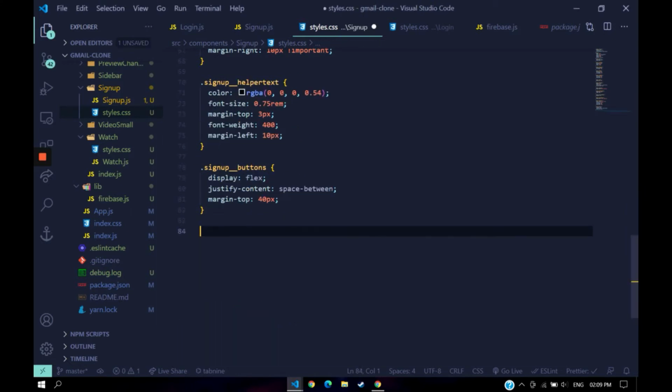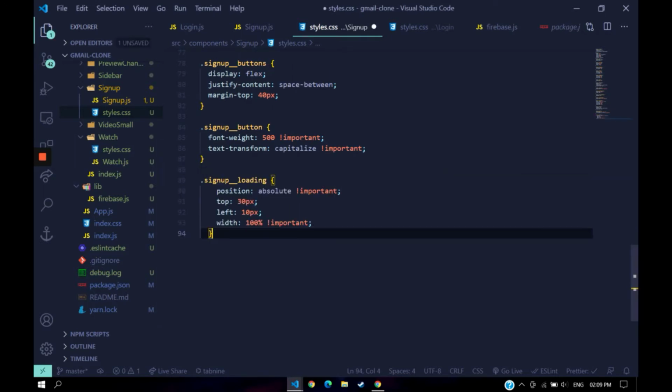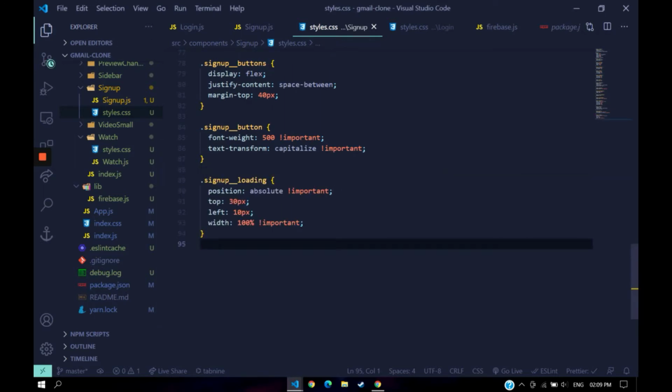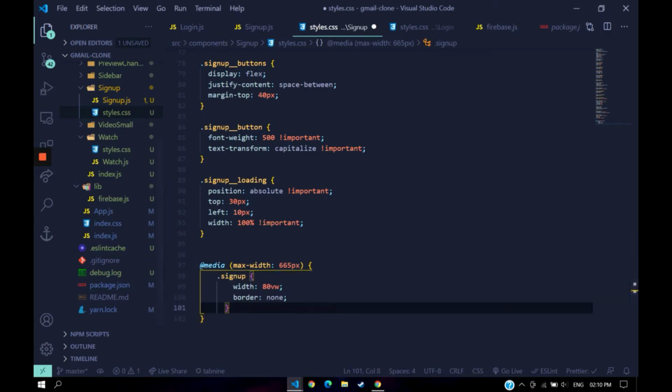To our sign up underscore button, we give a font weight of 500, text transform of capitalize. And then to a sign up underscore loading, we'll give a position of absolute, top 30 pixels, left 10 pixels, and width 100%. And then we'll have a media query over here to make this responsive. And then here to a sign up, we'll reduce the width to 80 view width, and we'll remove